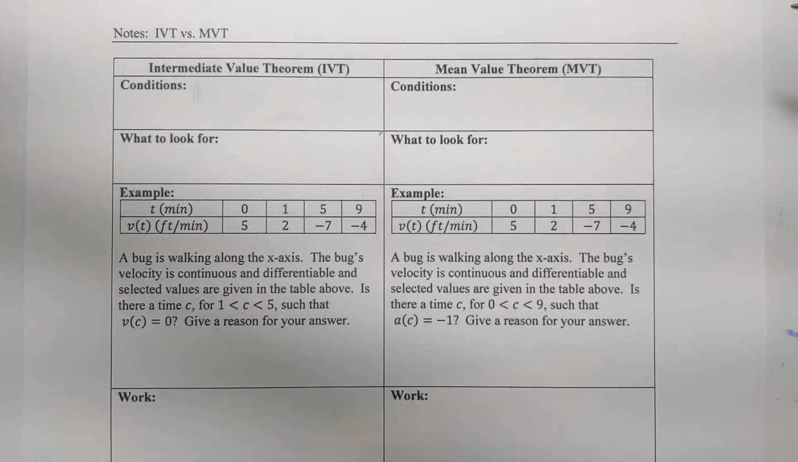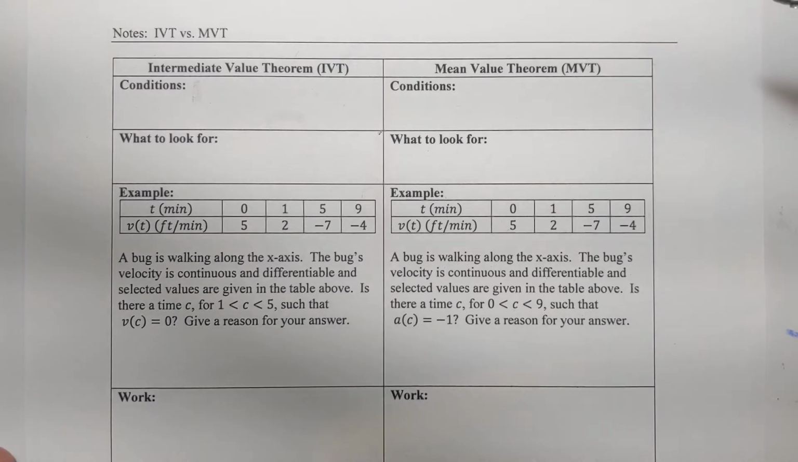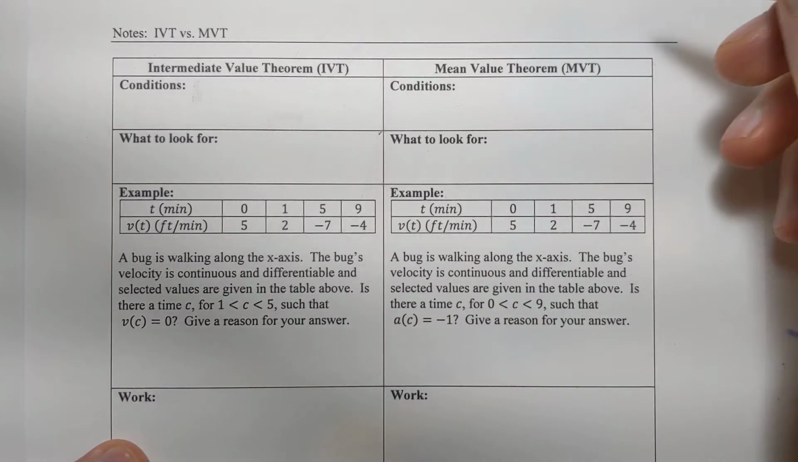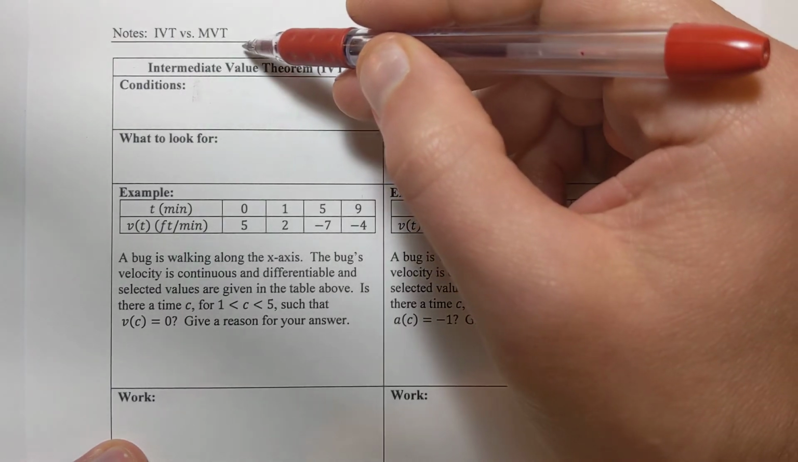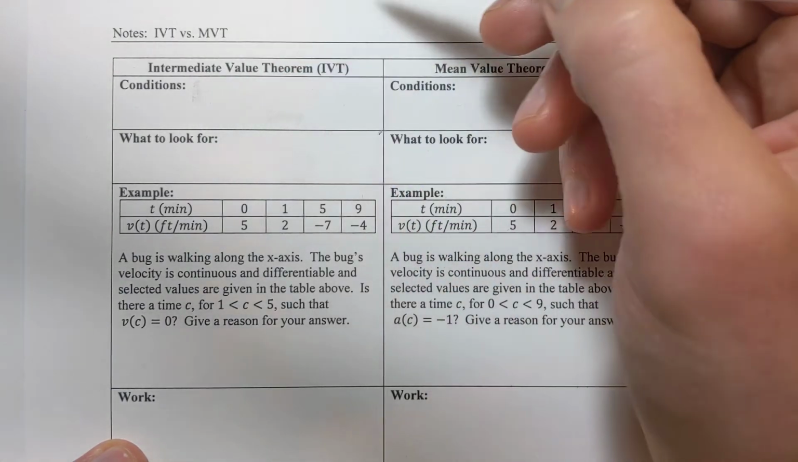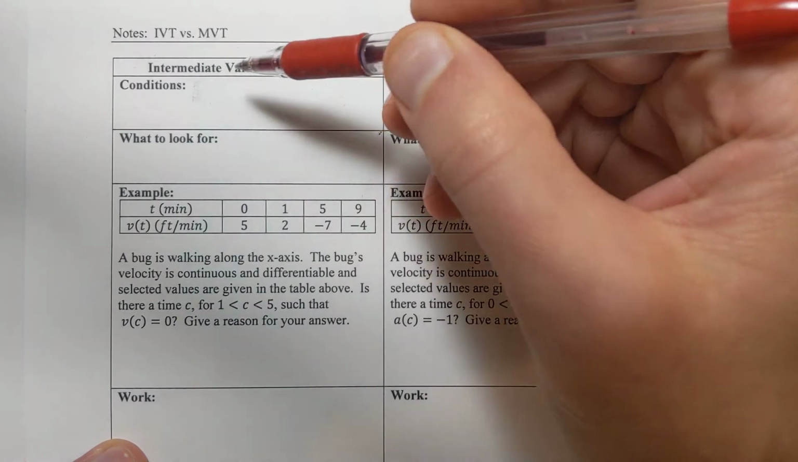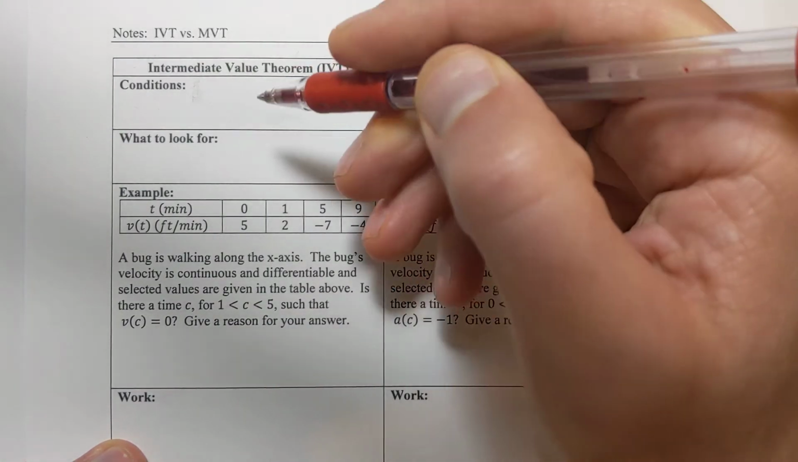Calculus. We got two big theorems here we're talking about today and looking for how to tell them apart. The intermediate value theorem, if you remember, that's the one where if the function is continuous, it's got to go through a certain number. The question is, what are the conditions that we have to have? Well, the conditions were